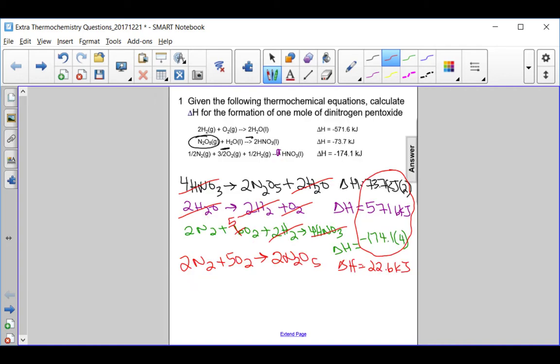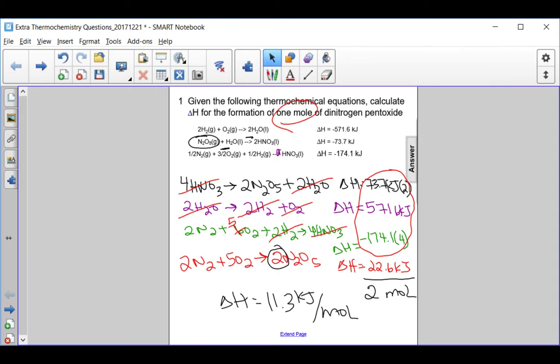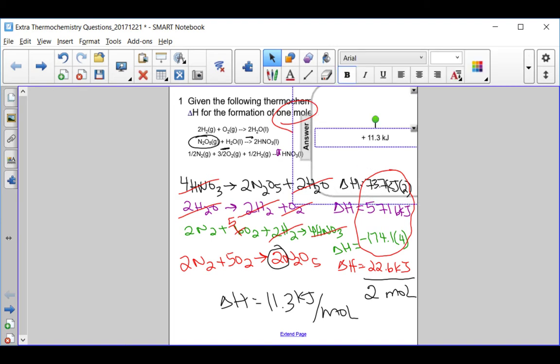However, this says the formation of 1 mole of dinitrogen pentoxide, and if you look here, this is the formation of 2 moles. So if I just divide this as kilojoules per 2 moles, then I get that delta H is 11.3 kilojoules per mole. Just to double check, answer 11.3 kilojoules